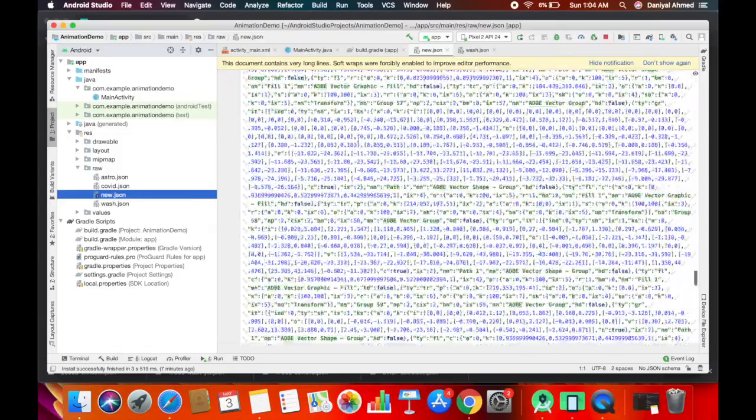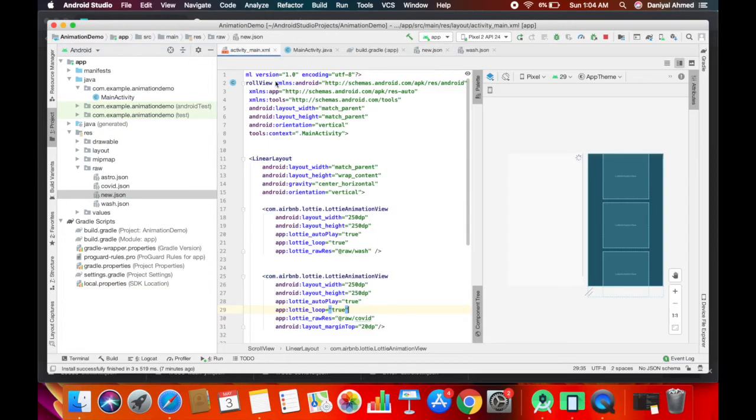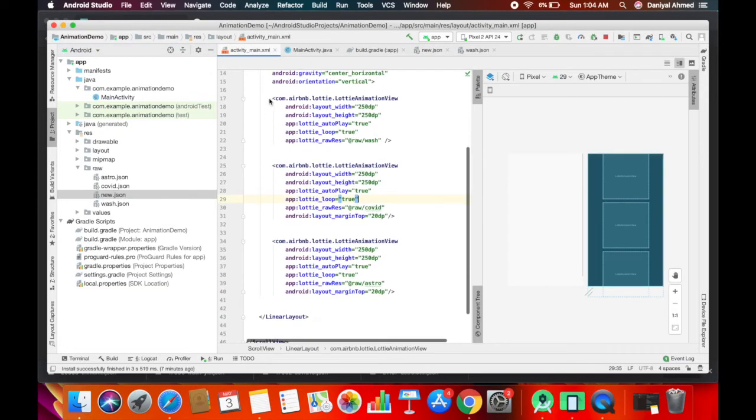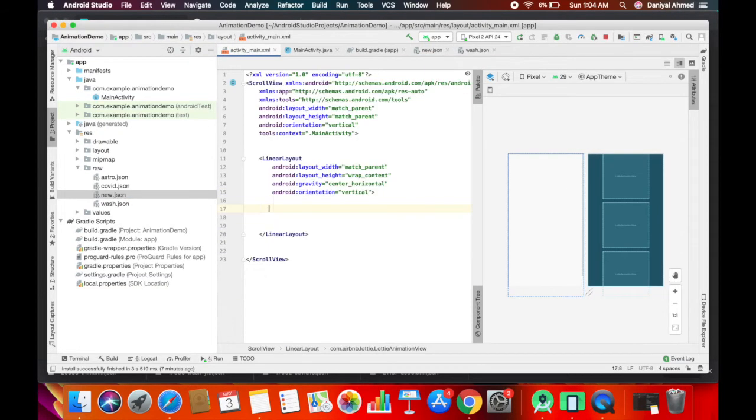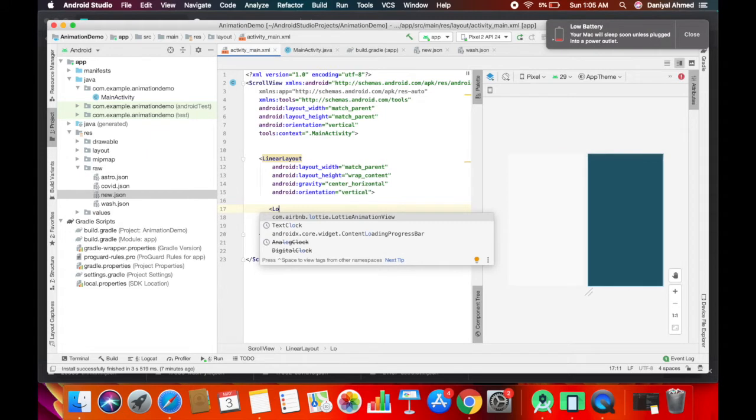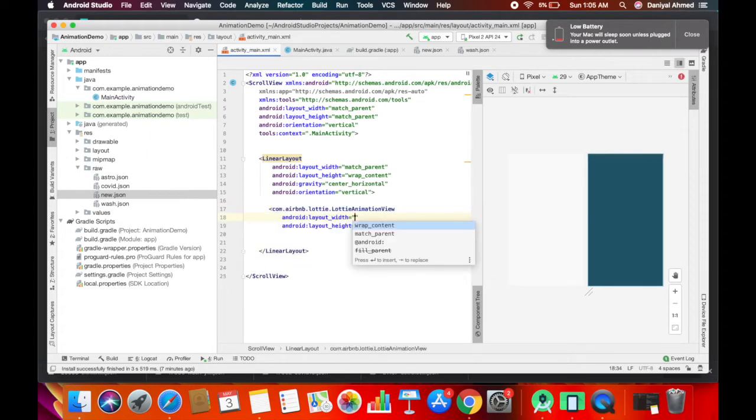Don't be afraid, and come back to your XML part. Let me remove all the existing animation so I can show you from scratch. This is my scratch XML file. Write down the Lottie animation view and the size, up to you what you want, 250 dp.